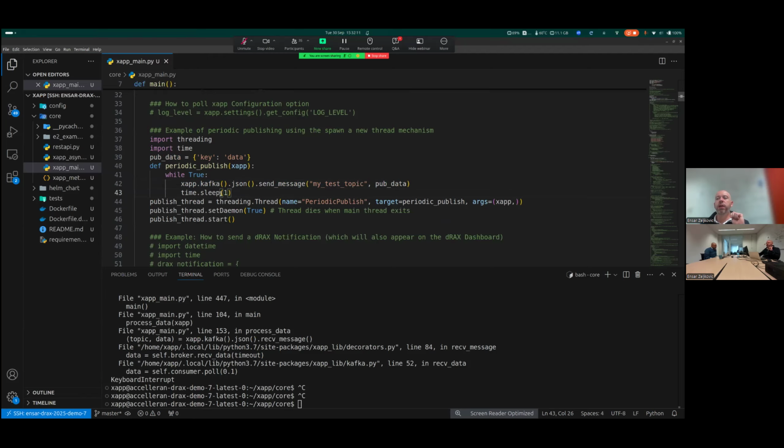Here we simulate that we are publishing on a 1 second basis, so we do a sleep of 1 second before publishing the next message. Then we use the threading library in Python to set up a separate thread that's going to be publishing these messages periodically in the background. So nothing fancy in terms of Python, right? We have a new thread, it keeps publishing periodically, and uses our SDK abstraction to send that data.